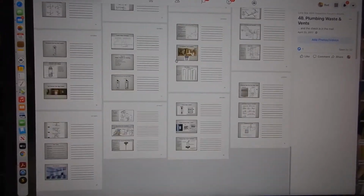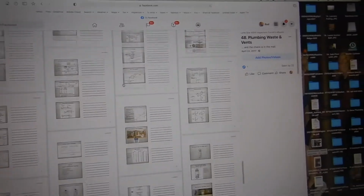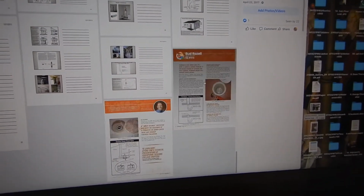There's lots of good plumbing information in here. How many times can I say lots of good? And lots of good and lots of good. Alright? But these are the last two that I just